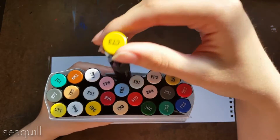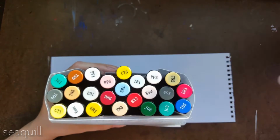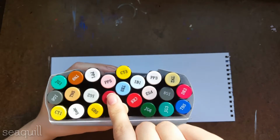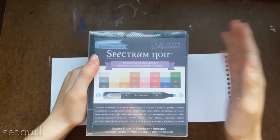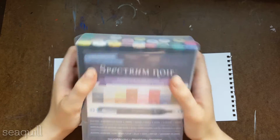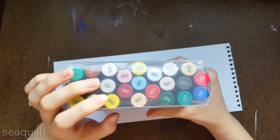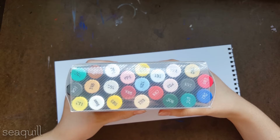These markers do not come open stock though, so if you lose one, you will not be able to buy a single marker. You would have to buy the entire pack, which the marker is included in. There are no duplicate markers in any of the sets, so once you buy a set, you have all the markers, and then once you buy another set, you will not get another marker that is the same from your previous set. So I like how Spectrum Noir does their selling of markers. I wish you could buy them open stock just in case you lost one or ruined one,